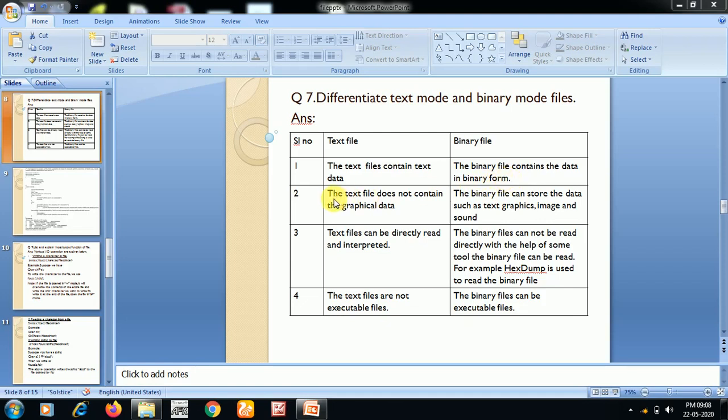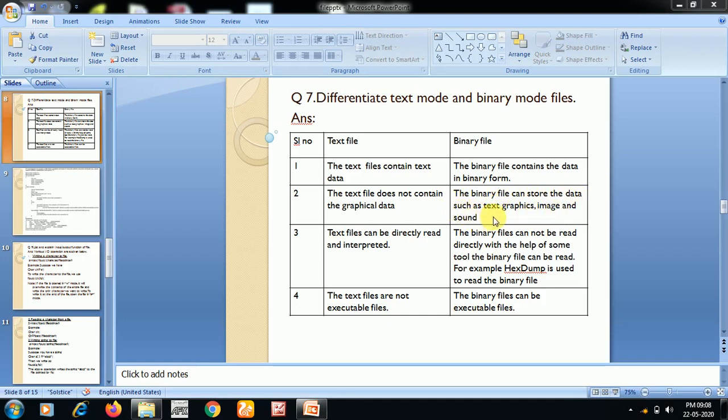So the text file does not contain graphical data. Graphical means pictorial data, it is not there. But when you compare to the binary files, the binary file can store data such as text, graphics, images and sounds.